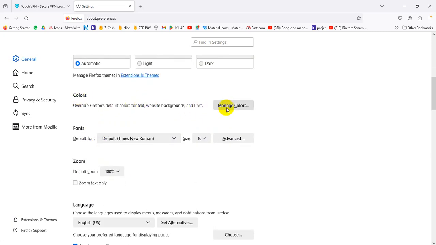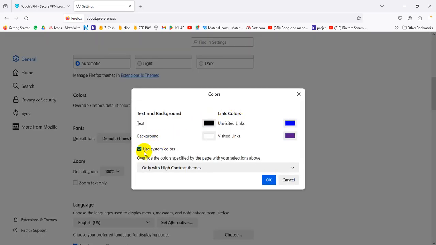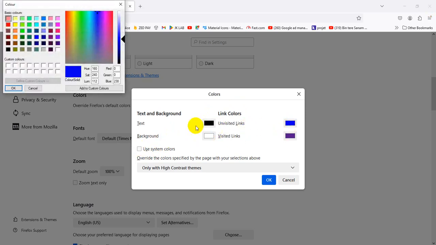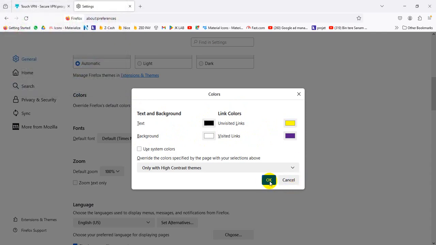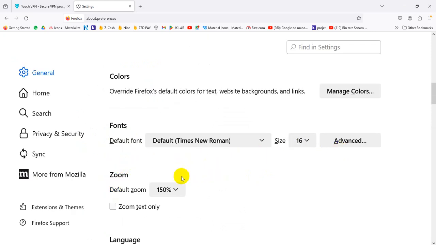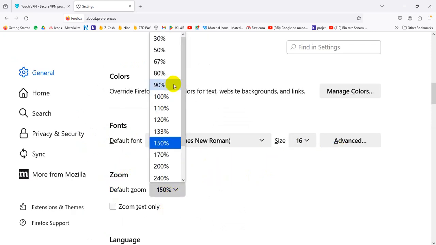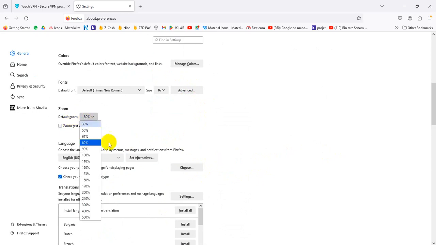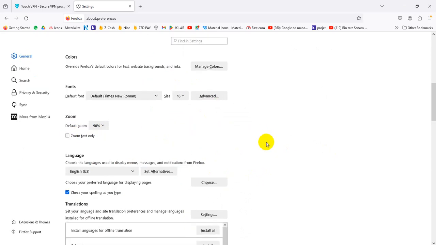So for color, manage colors, I just use green or yellow, so I just add yellow. Okay, and click OK. So zoom, default zoom is 100% or 150%, and I like always 18 or 19. Okay,